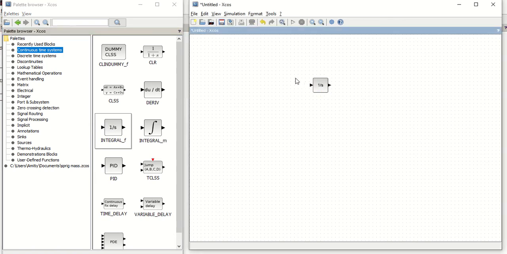Input to it is x double dot and output to it will be x dot. This further needs simplification, so I will require one more integral block and the output of that block is simply x.